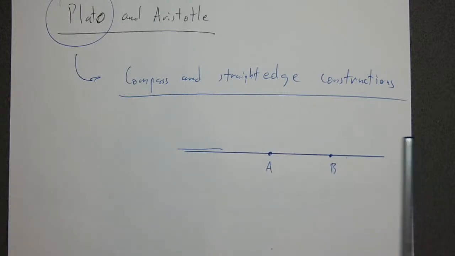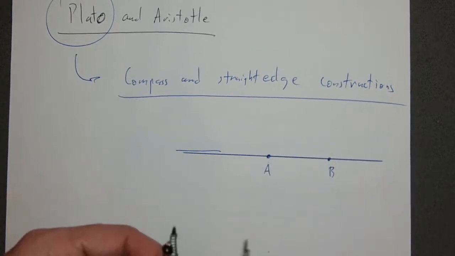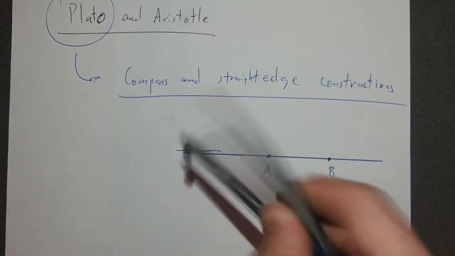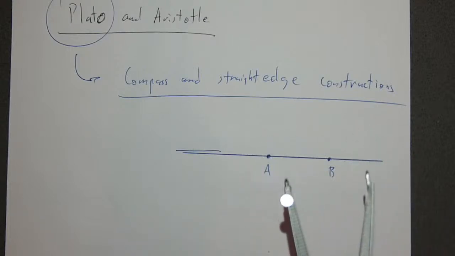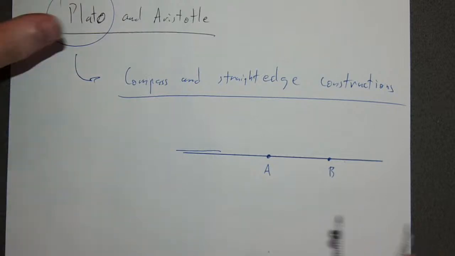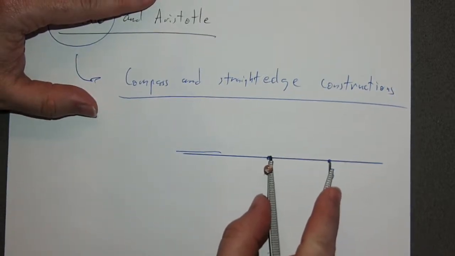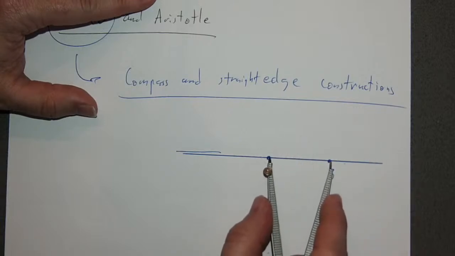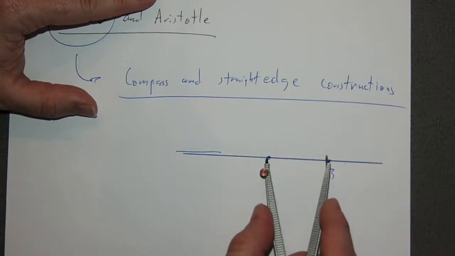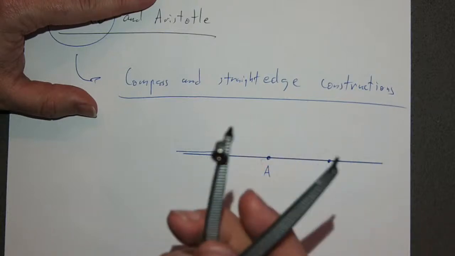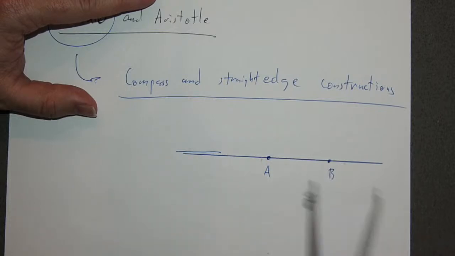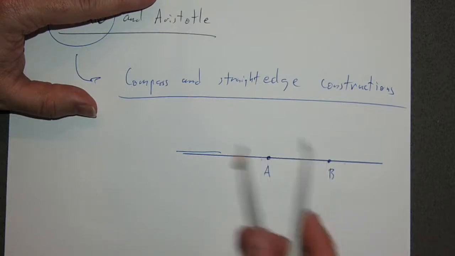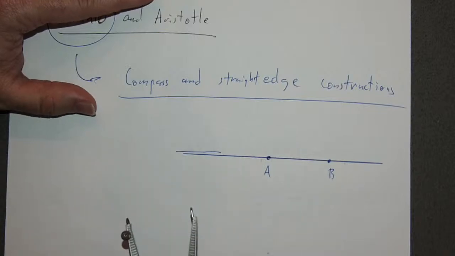The other thing I'm allowed is the compass. What can my compass do? You might say a compass can trace out circles. Yes, it can, and you're allowed to do that. But really what you're doing is transferring length. So the compass is the measuring tool, not the straightedge. I have measured this length AB, and I can transfer it using my compass. If I have another segment, I can compare the lengths by transferring the length to see how they compare.